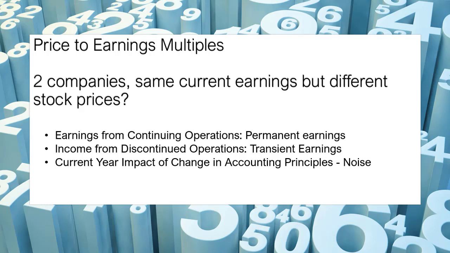Income from discontinued operations, let's say we're no longer going to sell sporting goods, right? We're going to discontinue that, or we're going to shut down some of our retail outlets. Those are discontinued operations. Those are transient earnings. They're not going to be around for very long. And then there's some things that are going to hit the income statement as earnings, but they're not really earnings. They're really more like noise. For example, if we change some of the accounting methods that we use, and that creates a gain in earnings versus a loss, that's really not something that we can use to help us in the future.